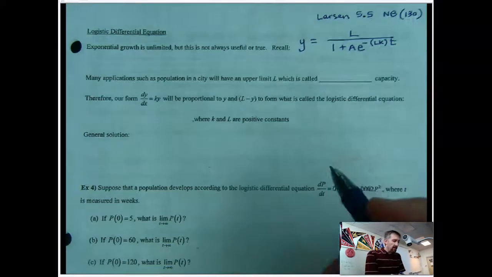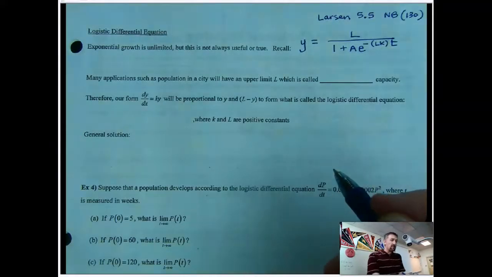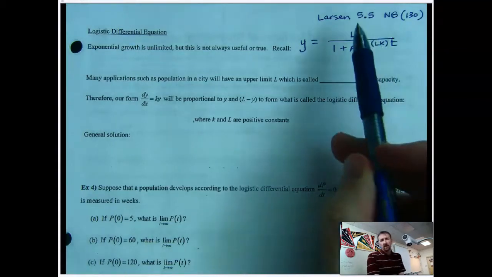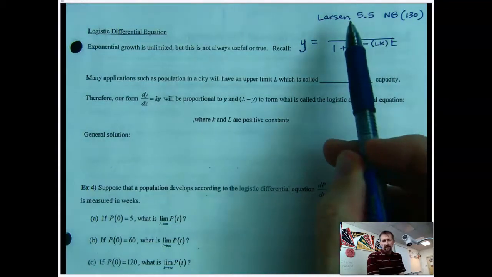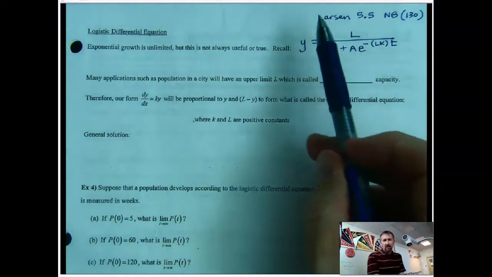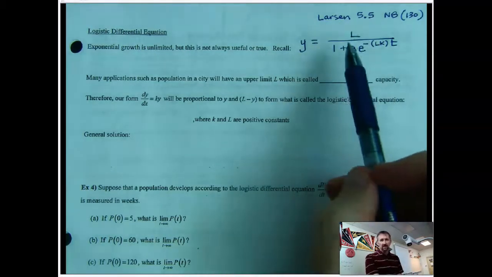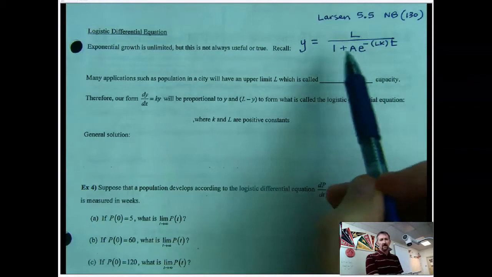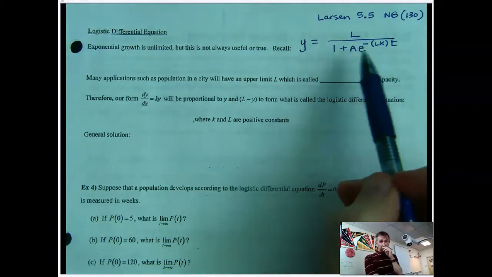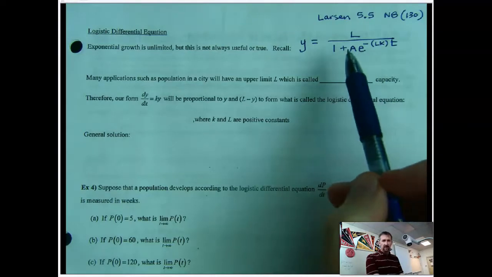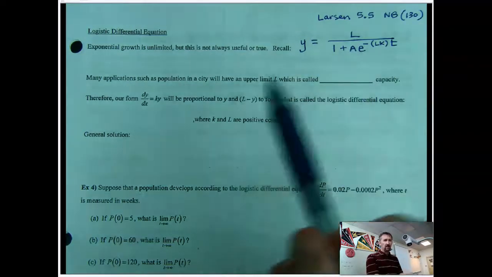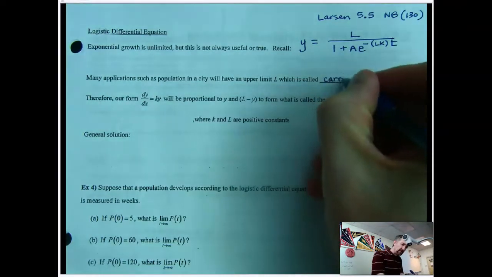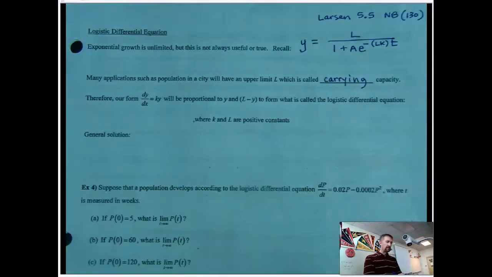Alright, so this isn't going to be that important, I don't think, but we'll go ahead and try to fill this out anyway. So if you look back to our notebook on page 130, Larson, section 5.5, you'll see that we had a logistic function that looked kind of like this with the limit to growth, the carrying capacity, in the numerator. And then we had an expression in the denominator. We didn't really break it down to its parts, I don't think. So that L there is the same carrying capacity that we just did on the previous examples.